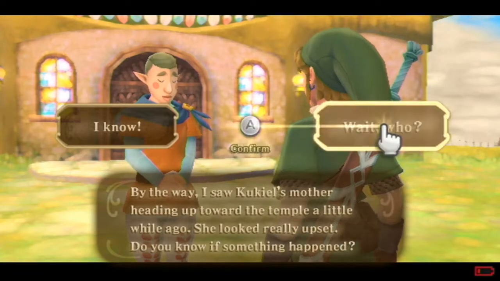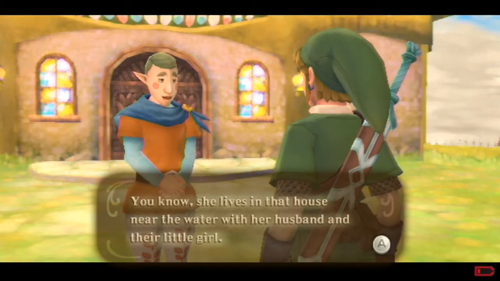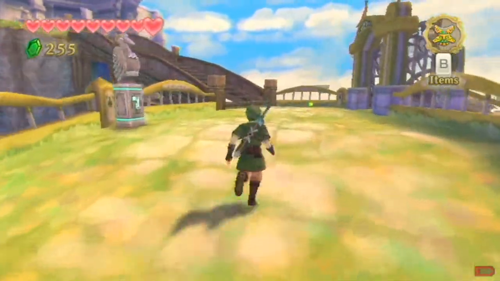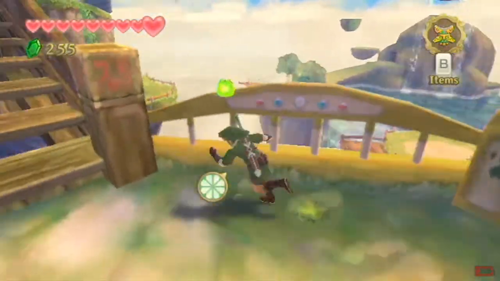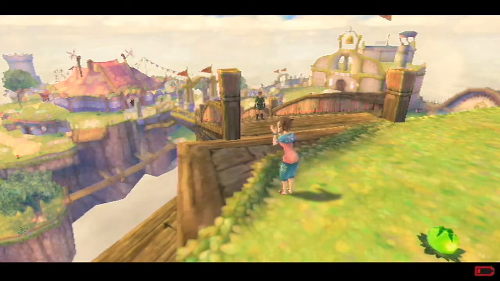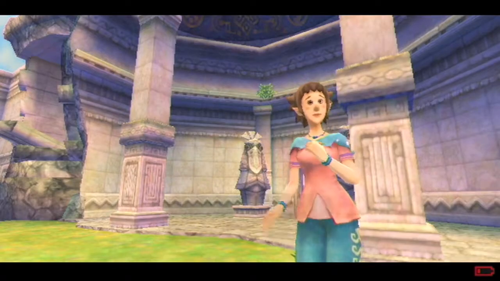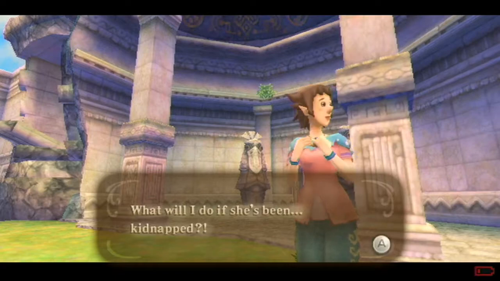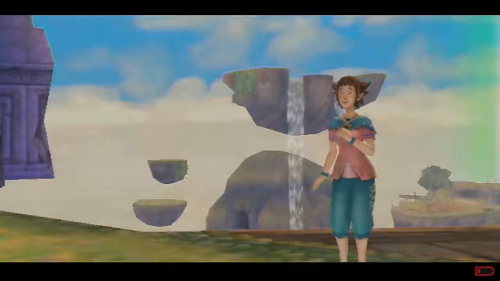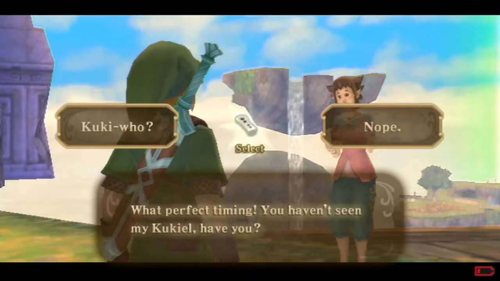Fledge seems to know that person we're trying to help. Okay, so the house we were at before was actually the right house, but no one was home because the mother is at the temple, the father is doing something, and the daughter has completely disappeared. And the mother is apparently extremely paranoid. I mean, we've met pretty much all the adults in Skyloft already, and none of them seem like the kidnapping type, so...